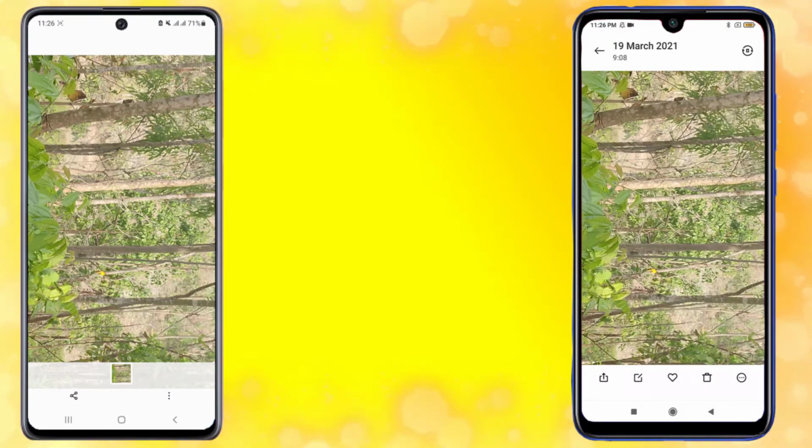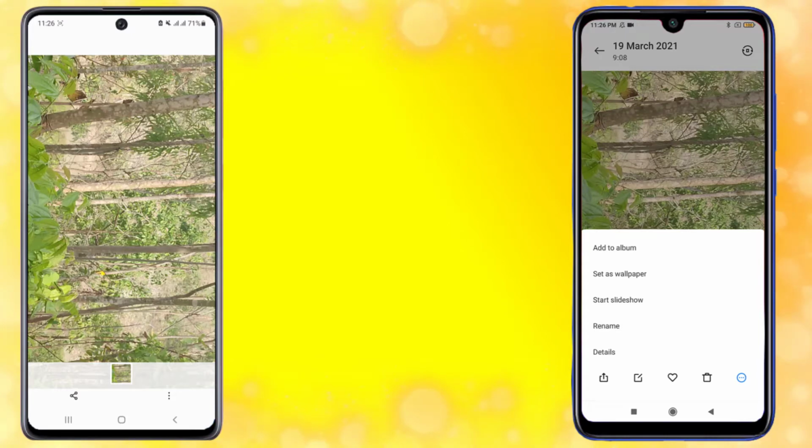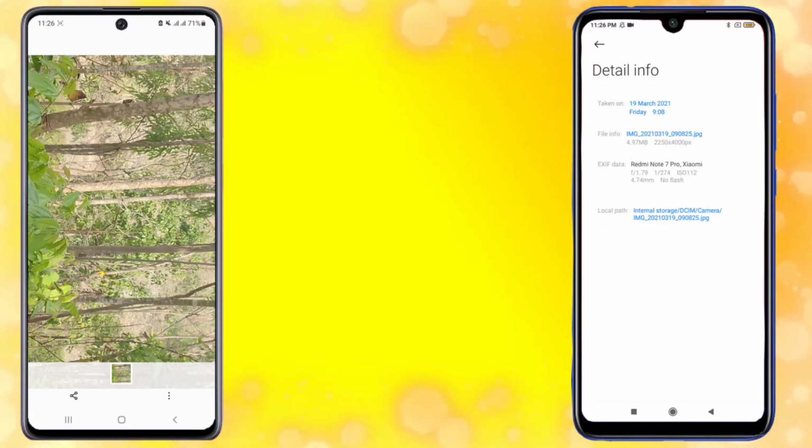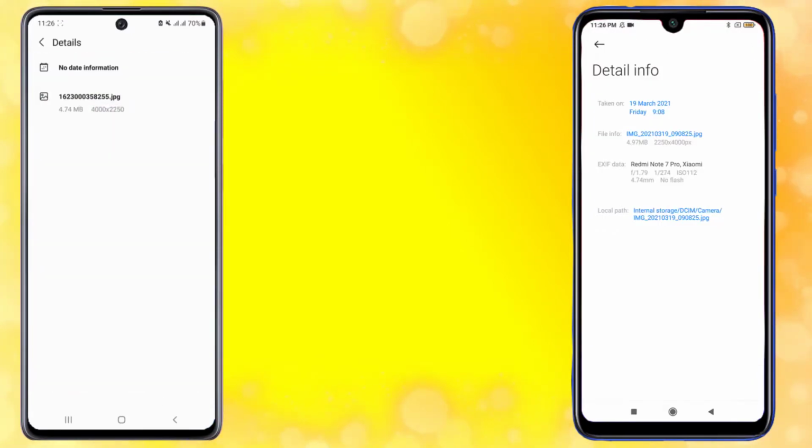So I will tap on the details icon to see the details of the pictures. Here we can see the same details info of both pictures.